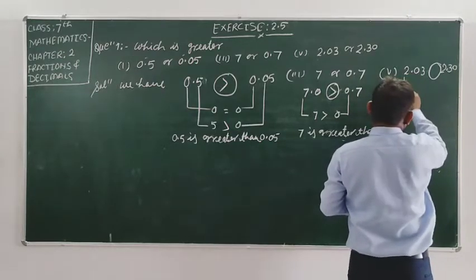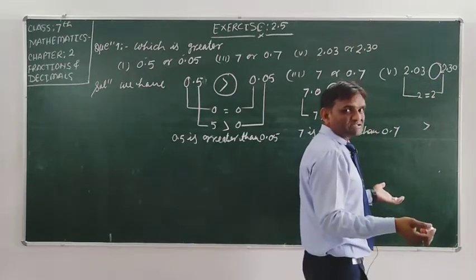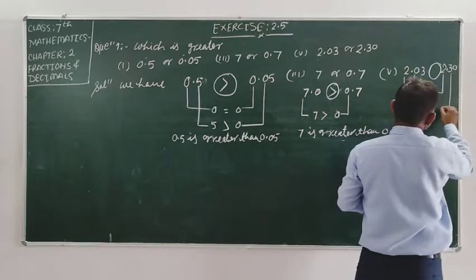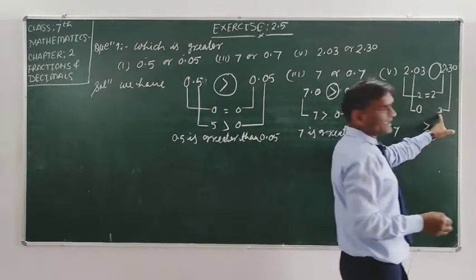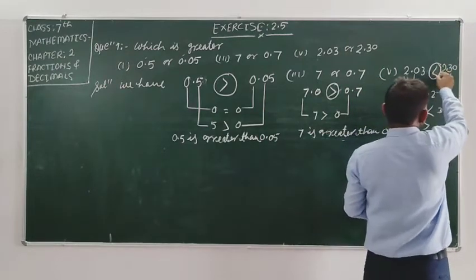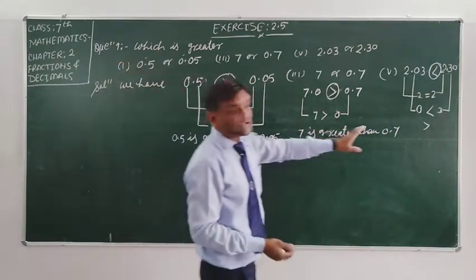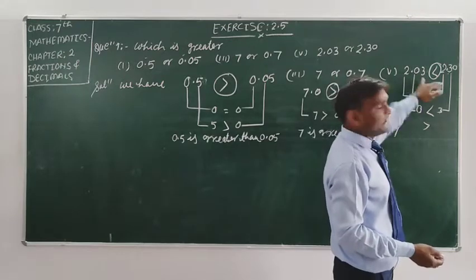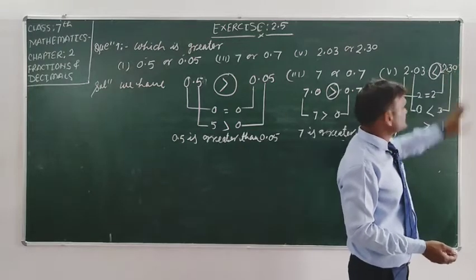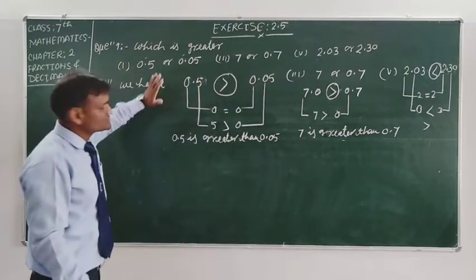One by one digit we compare here. First digit 2 and 2. Both are the same. We can't say which is greater and which is smaller. Now we take the second digit, 0 and this is 3. In 0 and 3 you can say that 3 is greater than 0, and 3 is present in this decimal number. So this decimal number is greater and that is smaller. And you will write in statement form 2.03 is smaller than 2.30, or as opposite, 2.30 is greater than 2.03. It's okay student, very easy student. I hope you have understood this question very well.